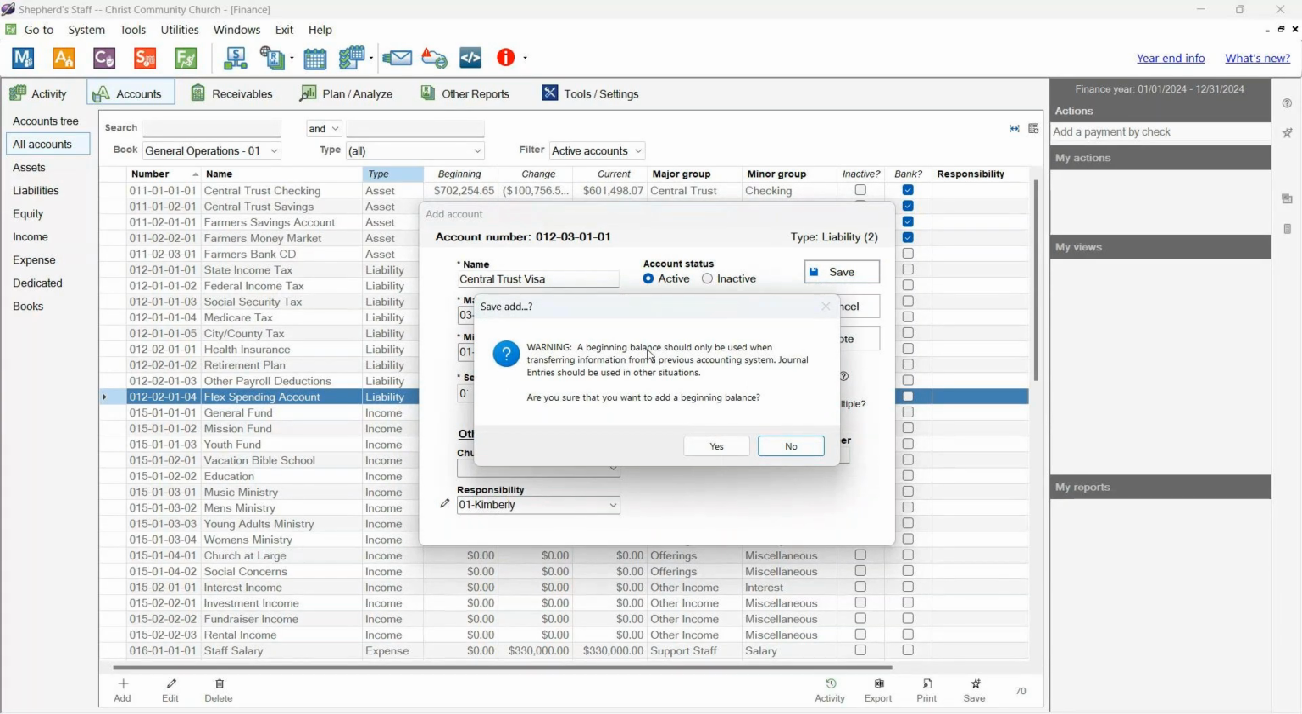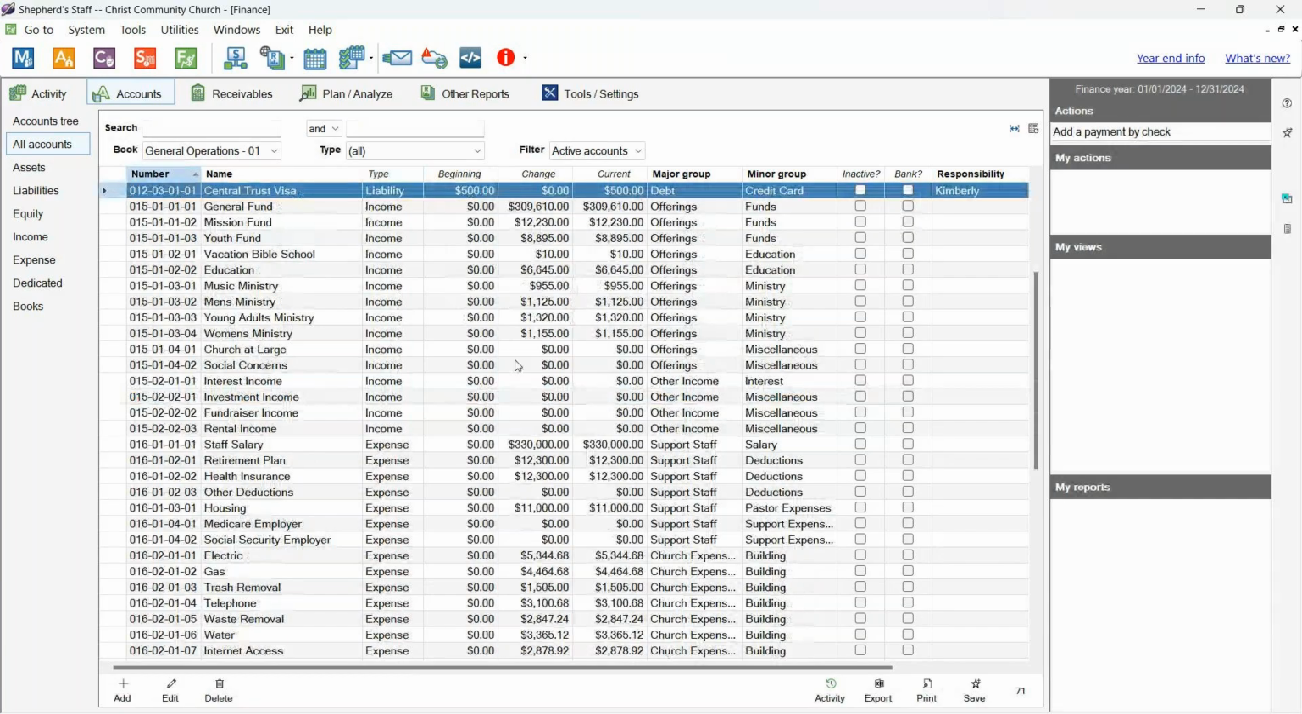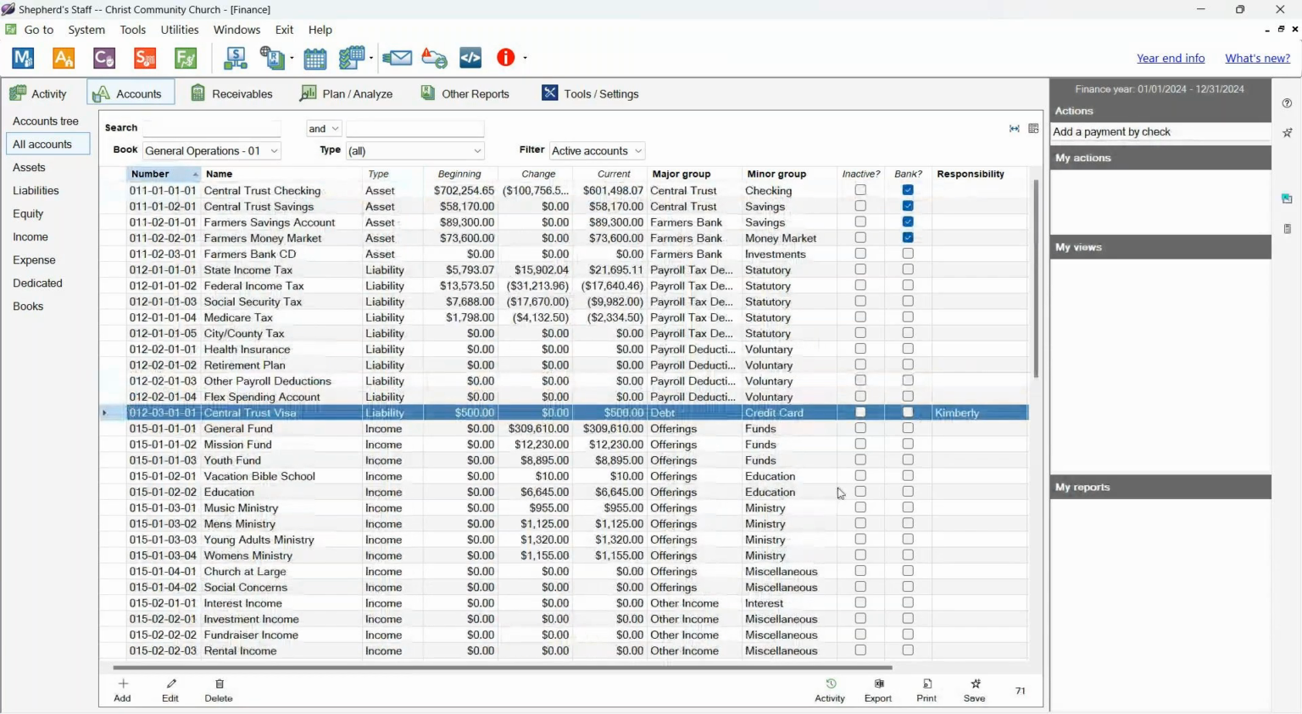And you'll see that you get a warning. It says the beginning balance should only be used when transferring information from a previous accounting system. Well, since this was never entered into this accounting system, that's pretty much the situation that we are in for this particular credit card. So in other situations, you should probably use a journal entry or deposit or whatever to create that beginning balance. Are you sure you want to add a beginning balance? And we're going to say yes, because we owe that $500 and we didn't have it recorded anywhere else. So here's that,